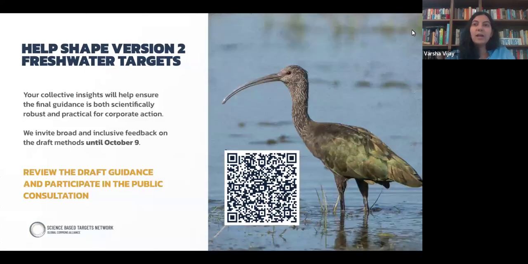So before I hand over to the Freshwater Hub, I want to encourage everyone attending this webinar and your colleagues to engage in this public consultation. Consultations are a key part of the work that we do to ensure that our methods are rigorous and credible and provide a practical means for companies to take effective action on their freshwater impacts. So please visit the QR code that you see and the resources being posted in the chat to engage with the consultation. And with that,